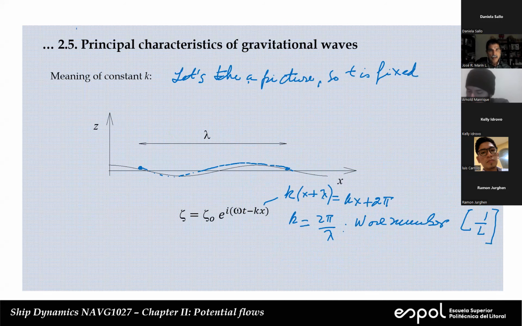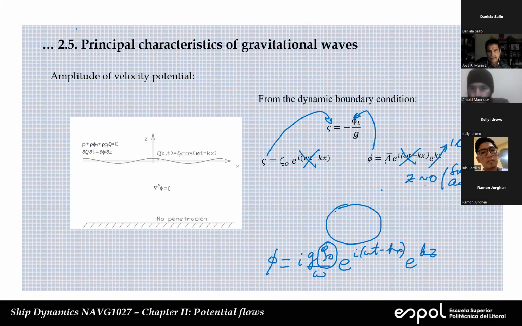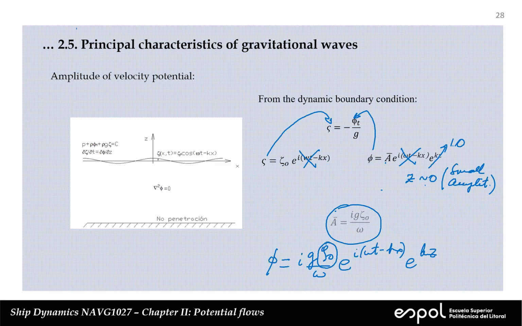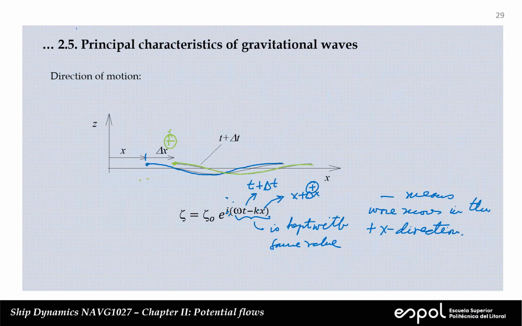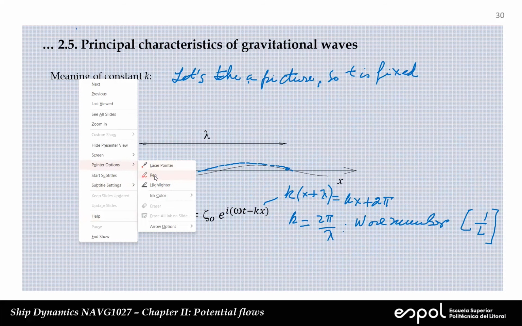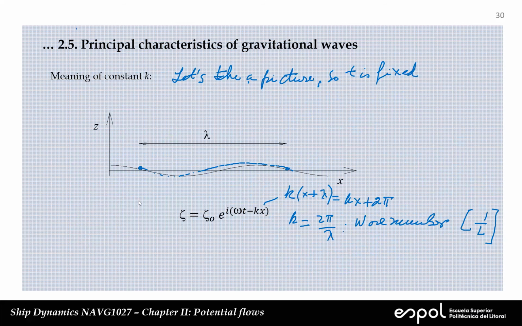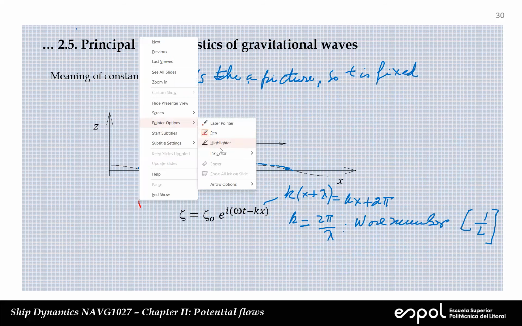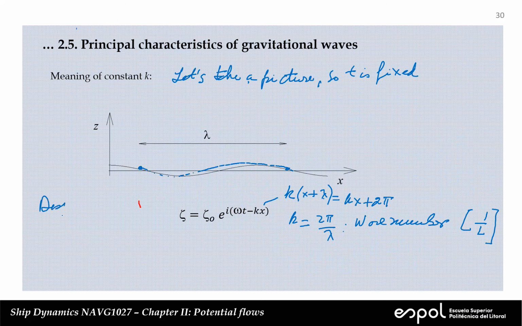So let me go back. The dispersion, I can do it here. Before, we deduced the dispersion relation, which said that omega squared is equal to kg. Now k, we're saying that it is equal to 2 pi